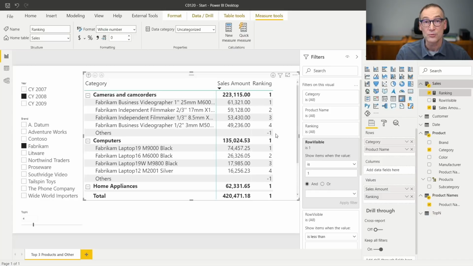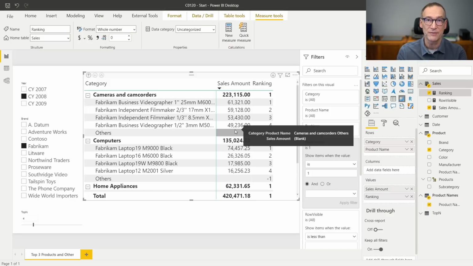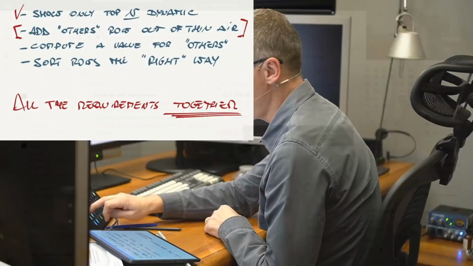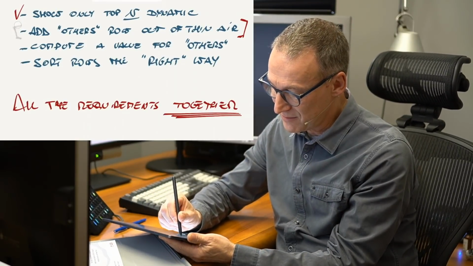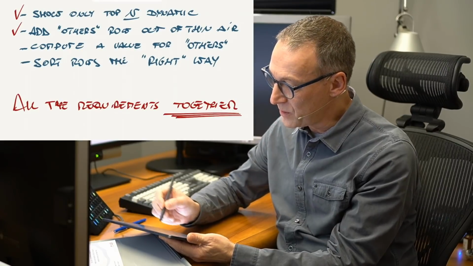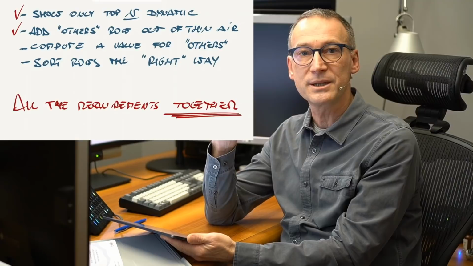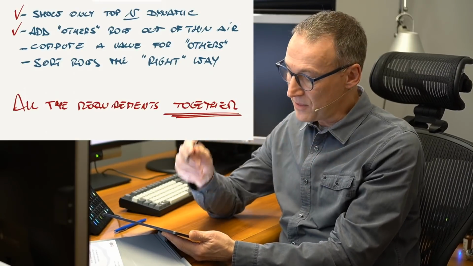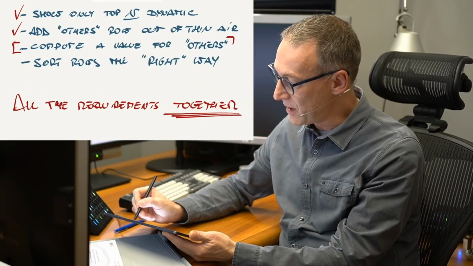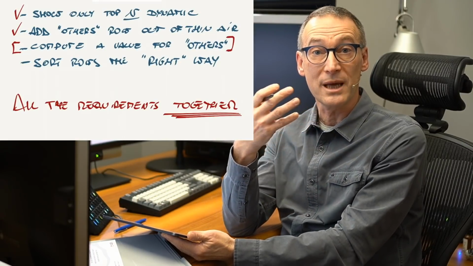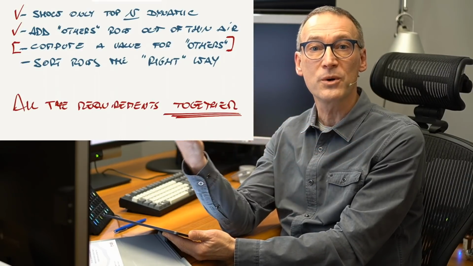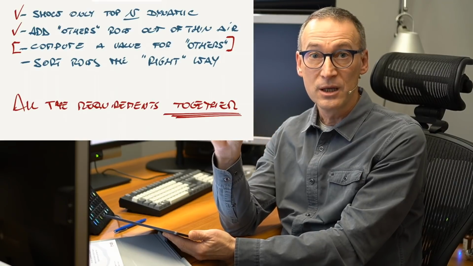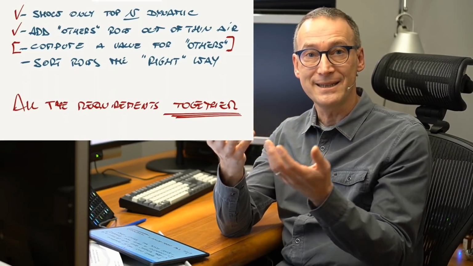And it's in the wrong position right now, because if I sort by sales amount, it appears here because it does not have a value. But at least we have been able to go one step further. So what we did right now is add a check mark to this point. We now have the others row that is visible in the matrix. The next step is to compute a value for others, because others right now shows a blank, and there we do not want to show a blank, we want to show the sales of all the products which are not in the top 3.